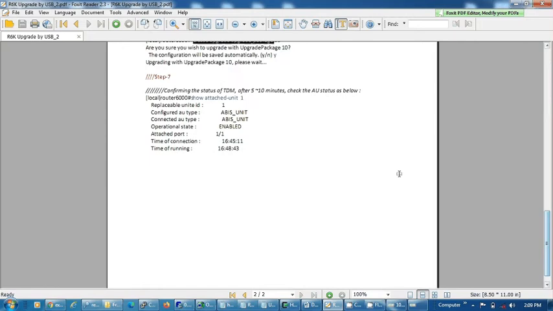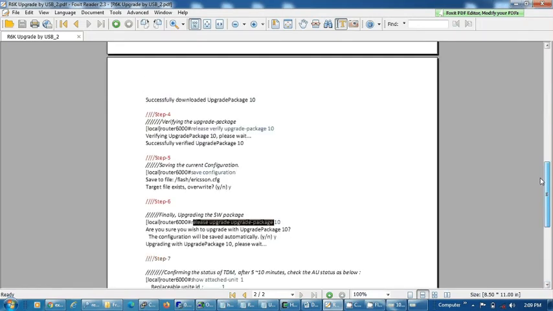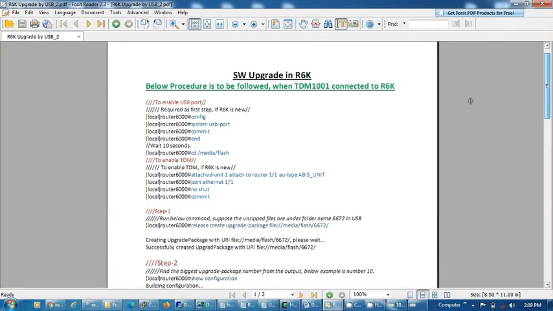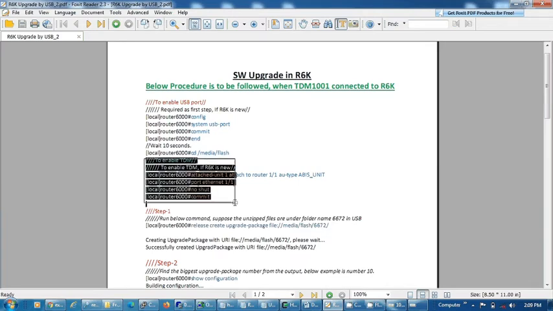Here I am showing that once we are finished, we can run this command show attached unit space 1 to see the attached unit. And also our initial commands were to enable the USB port and, if this was a new site, then we have to enable the TDM first. These are the commands to enable the TDM.